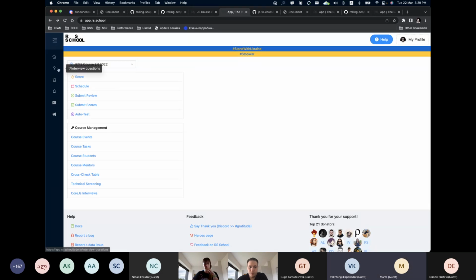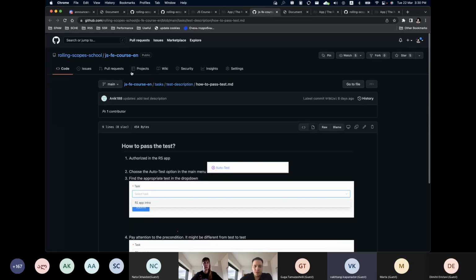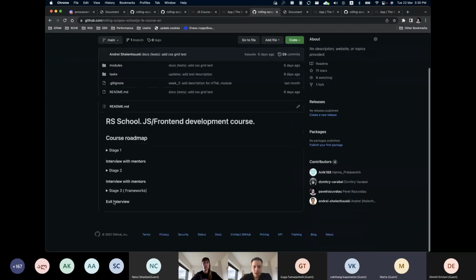When I open the app, I see a dashboard with my status, my repository, task statistics. Do we need to create our repository on GitHub that is connected with the RS School? Because I already did it, and yeah, sorry about this.